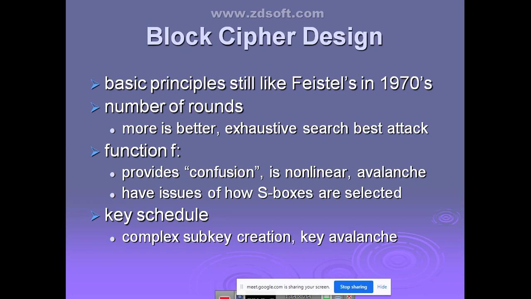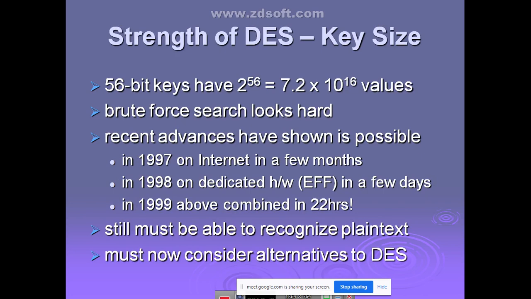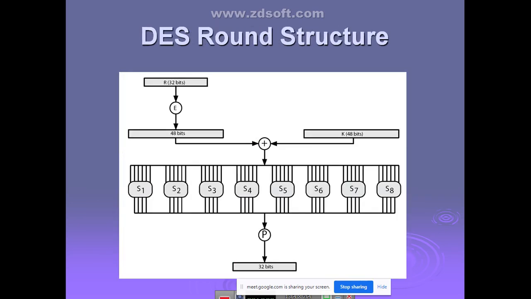Have you remembered this round structure? Can you see this one? See here, the 32 bits of right-hand side data are expanded using an expansion table, after which it produces 48 bits of data. That is XORed with a 48-bit key, producing 48 bits of data. It is given to the 8 S boxes, and among them one box will be selected. On what basis is it going to select the S boxes?